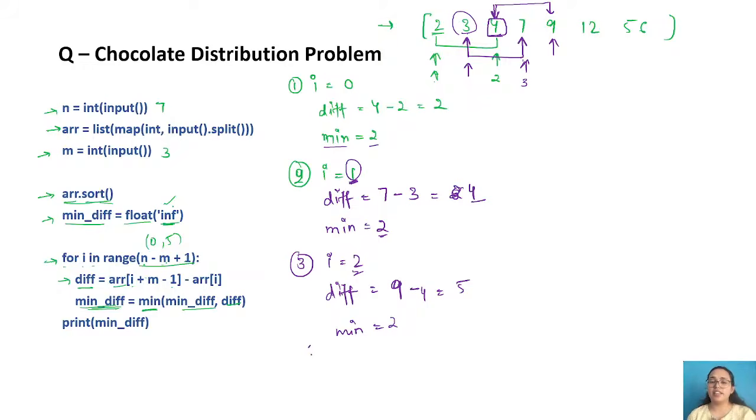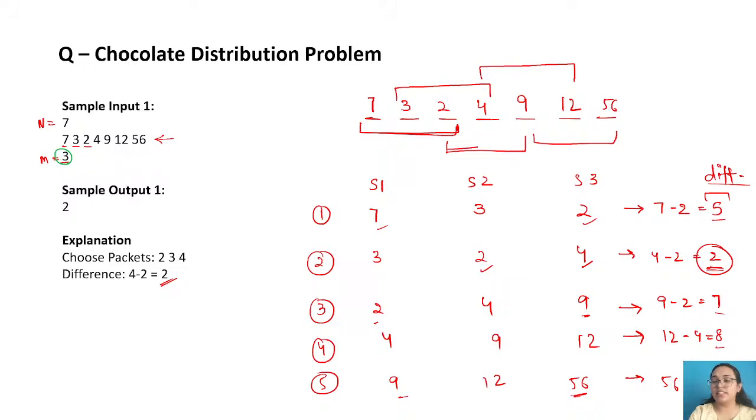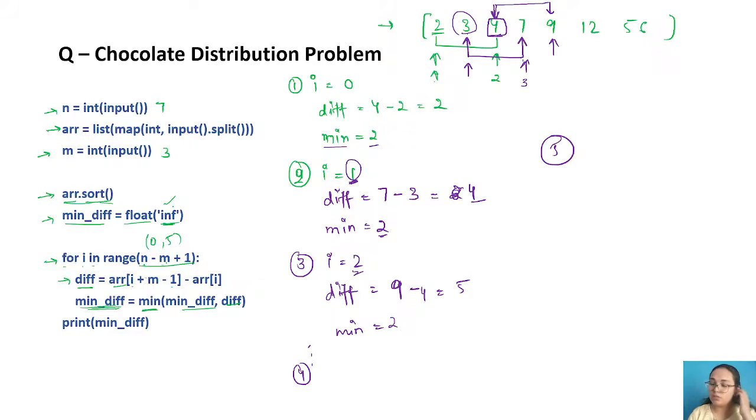Right? Now I guess everyone has already understood how things are working. Similarly, the fourth loop is going to work, and similarly the fifth loop is going to work, and you will get the same kind of thing. You will get 8 in the next loop, but 2 is the minimum already, so 2 will be there only. Then in the fifth loop you will get 47 as the difference, but again 2 is the minimum, so after the fifth loop you will have 2 stored in the minimum difference, right? Now once you have completed your whole for loop, in the end you print the minimum difference, right? Just let me know if you understood this.